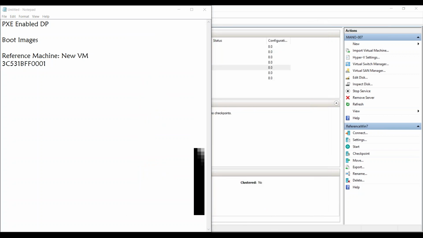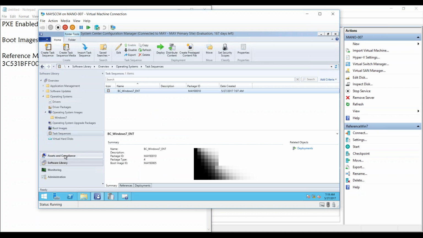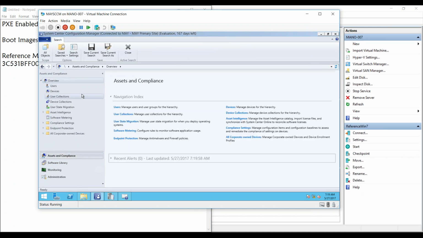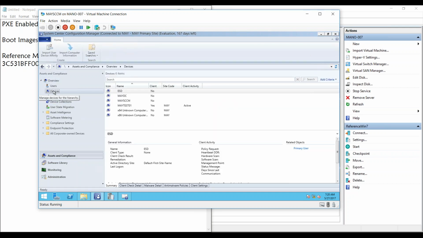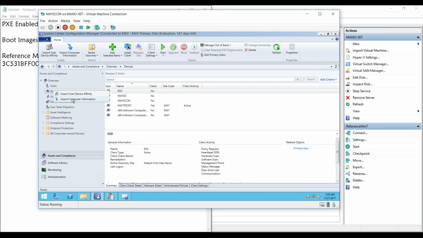So let's import this computer now. Go back to your SCCM console. So how do you import? This machine will never get discovered because it's not part of the domain, right? So even if your discovery methods are running, this machine is never going to be discovered. So what you are going to do here is go to devices, you say import computer information,